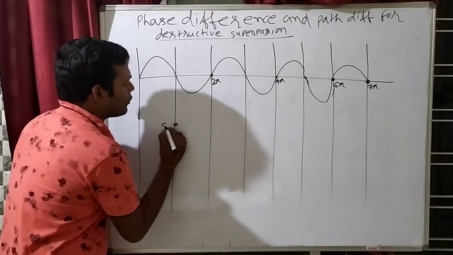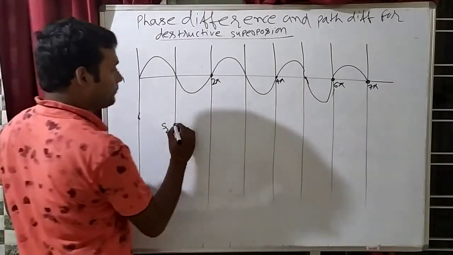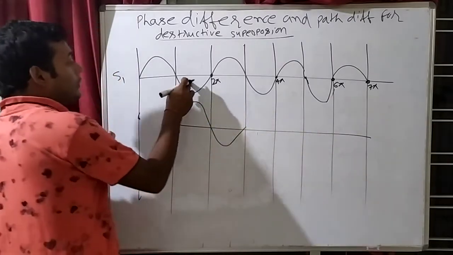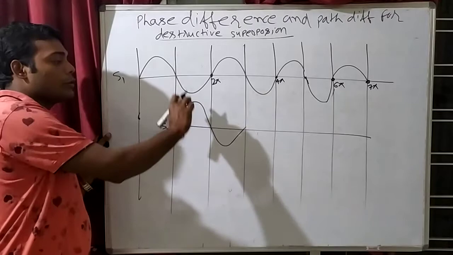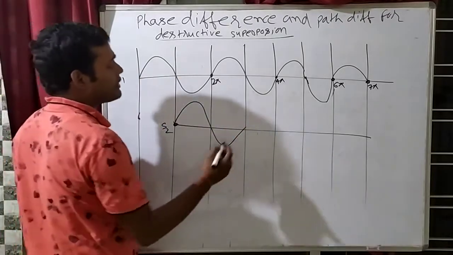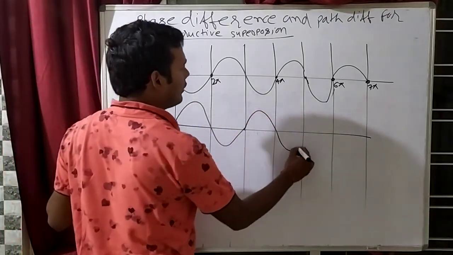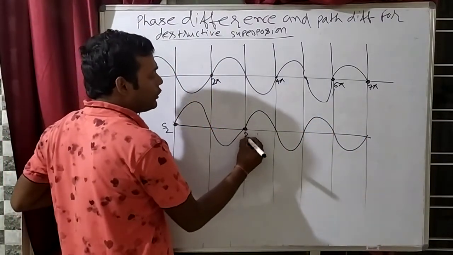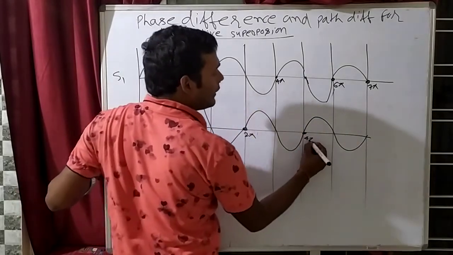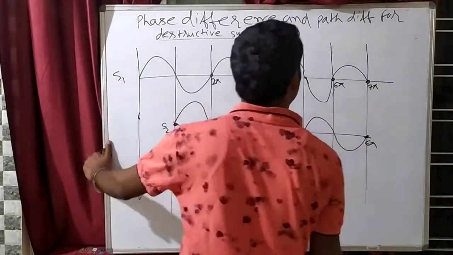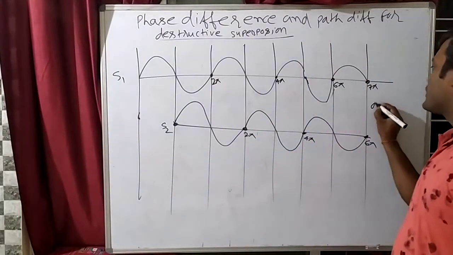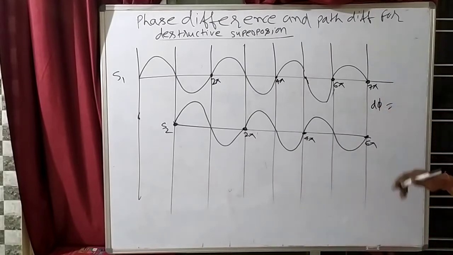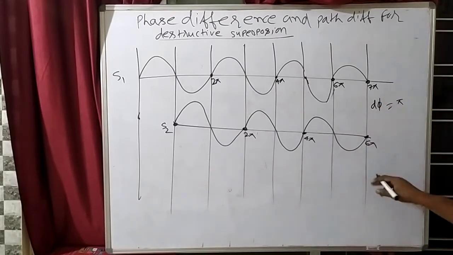Suppose I place the second source here. Then can I place it? Check. Trough and crest: minus 2 plus 2 is 0. That means this is destructive. That means this condition is valid. This will give us destructive superposition. Here again calculate. This is how much? 2 pi, 4 pi, 6 pi. What is the phase difference between both? This is 7 pi, this is 6 pi. 7 pi minus 6 pi is pi.